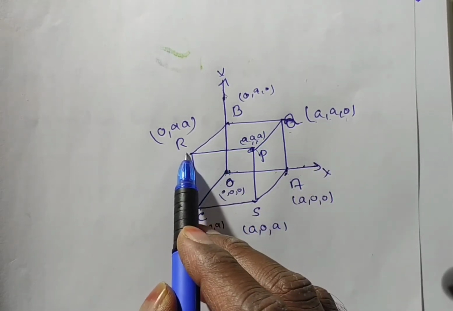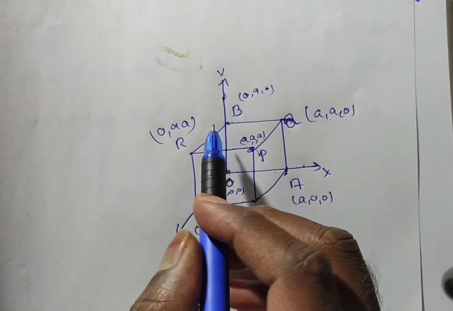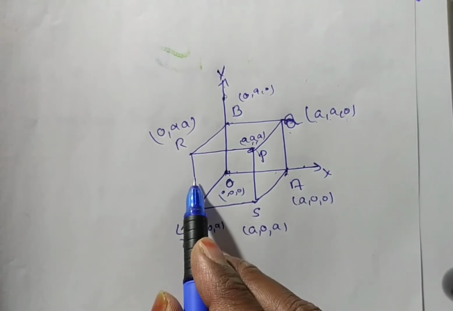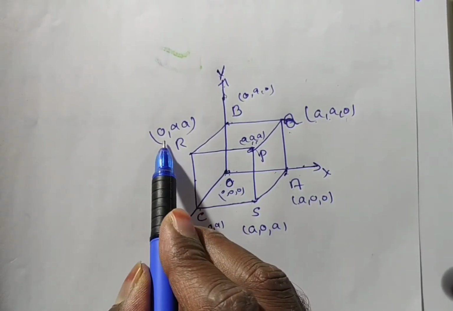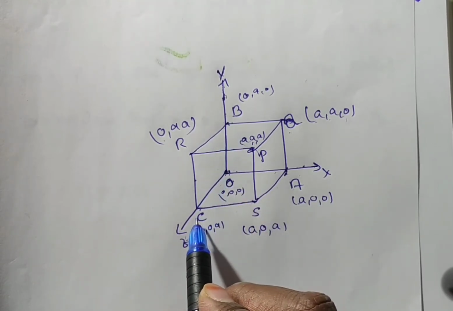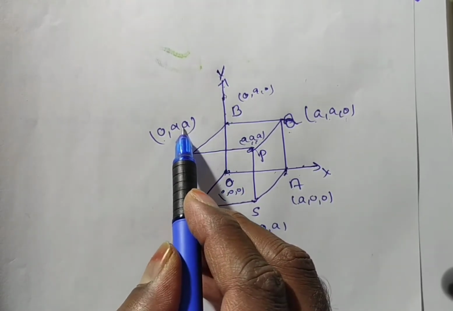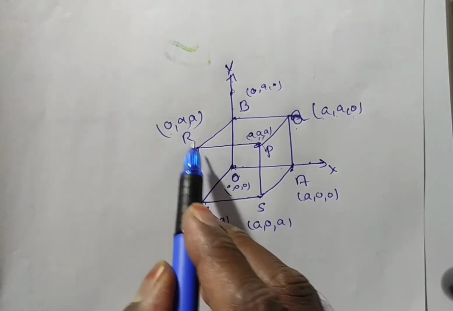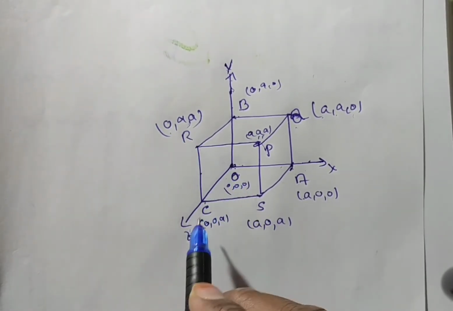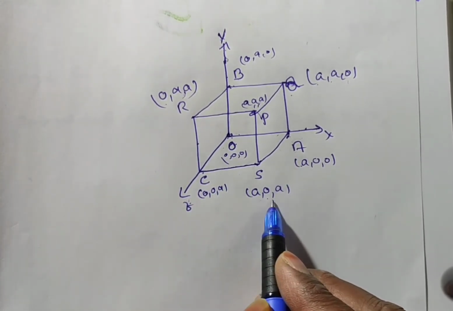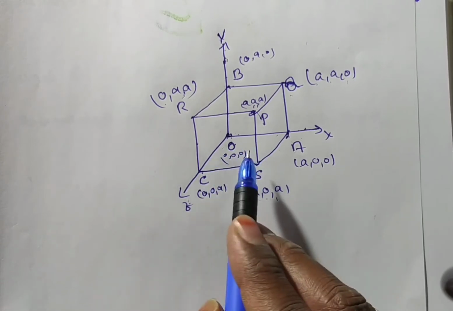Similarly we have to find the R value. How can you find the R value? R is in the yz plane. On the yz plane the x value is 0. Is it only on the y axis or z axis here? No, it is on the yz plane. So consider y value a and z value a, because it is a cube. From the origin the distance is a along the y axis and a along the z axis. Similarly, along the xz plane the y value will be 0. So these are the cube and these are the values.